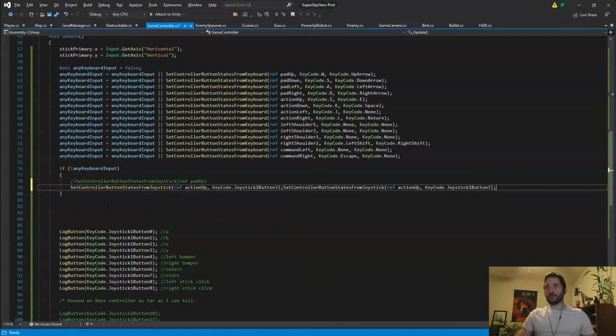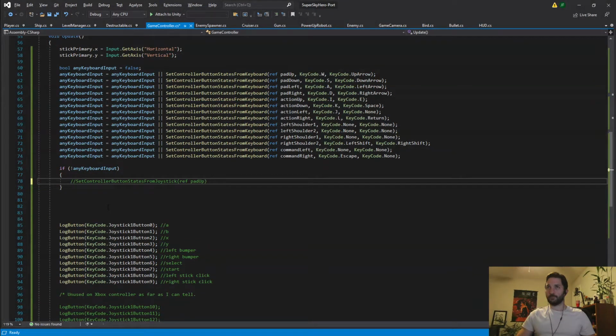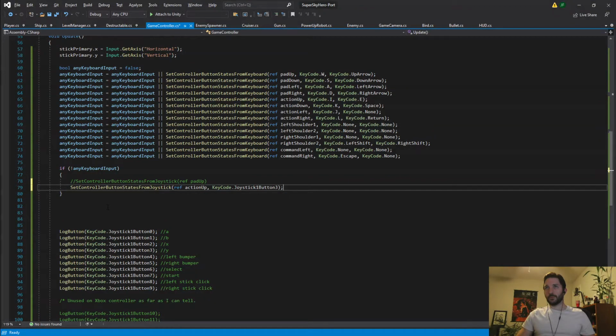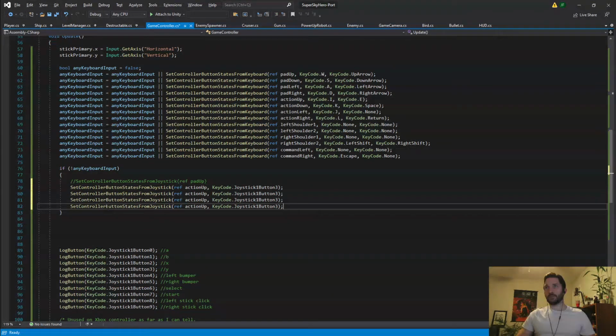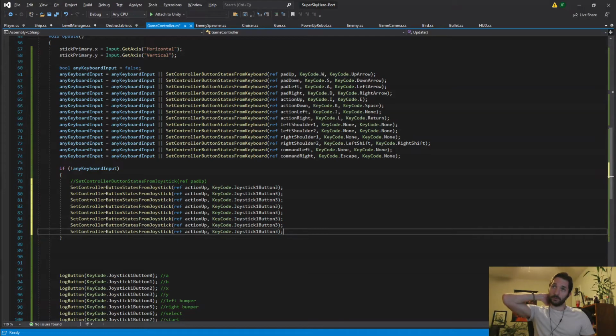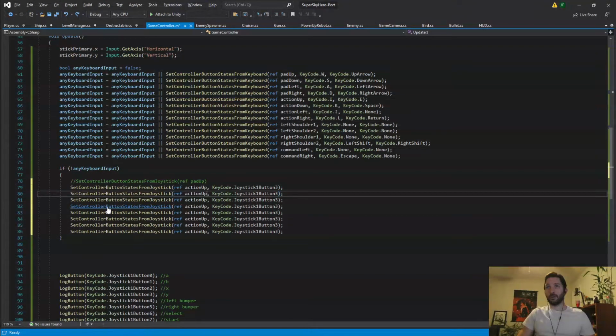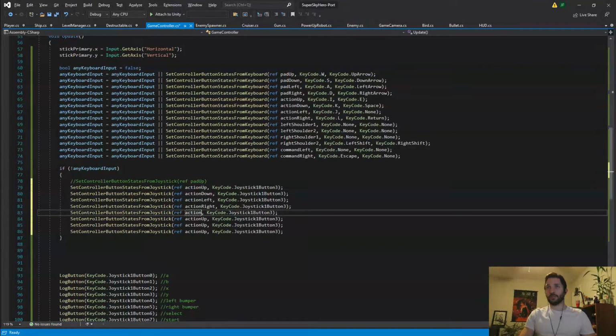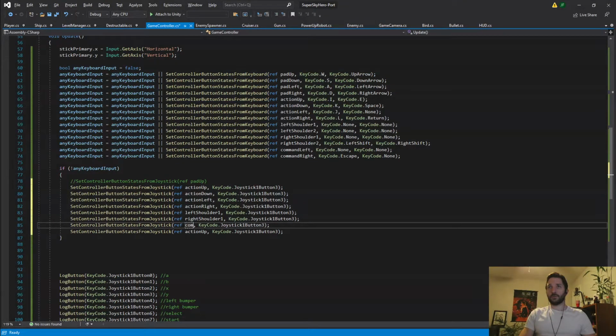Alright, so oops. So it's up, down, left, right. I can do left shoulder 1, right shoulder 1, command left and right, okay. Action down, left, right, left shoulder 1, right shoulder 1, command left,